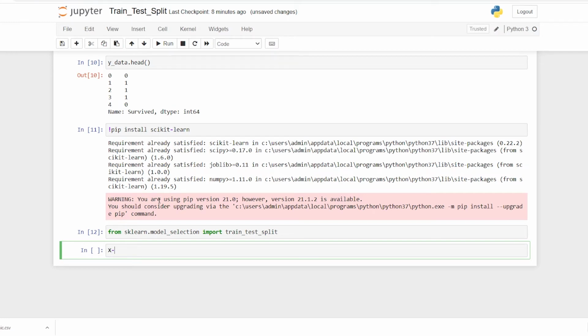So I'll say x_train, x_test, y_train, y_test is equal to train_test_split, that is the name of the method, and here I'll give it x data and y data. It automatically takes your x and y data, makes the considerable splits, and gives you out your data.